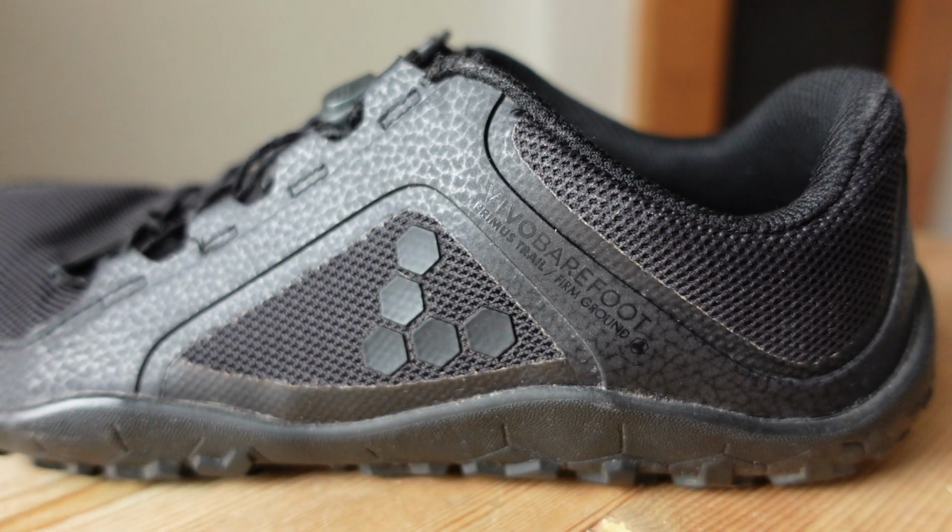This is not the most expensive barefoot shoe that I have, but the other two, which are more expensive, are also Vivobarefoot. So it's not a cheap brand to buy from. So does that mean that it's poor value for money? Well, I think it's actually pretty good value for money. This shoe in particular, because like I say, it is my go-to shoe. If I'm leaving the house,